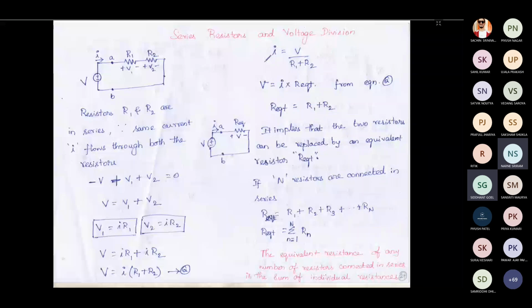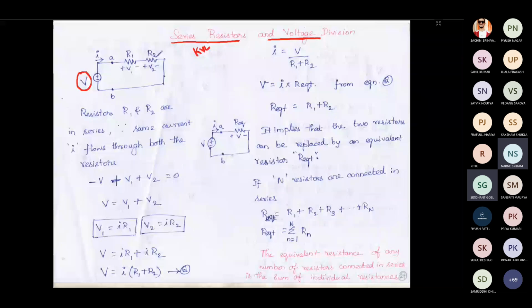If you are having series resistors, then voltage will be divided. This is almost the same as KVL. You know that the sum of voltages in the loop will be equal to 0. It means that this voltage source has some voltage that is going to be divided across whichever elements are connected. Okay, so how do you say this is a series?